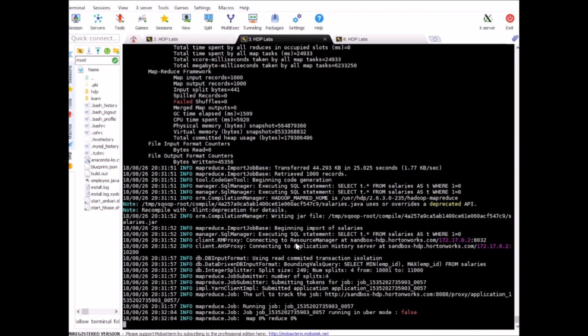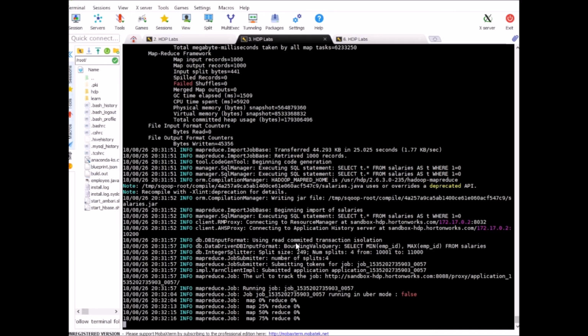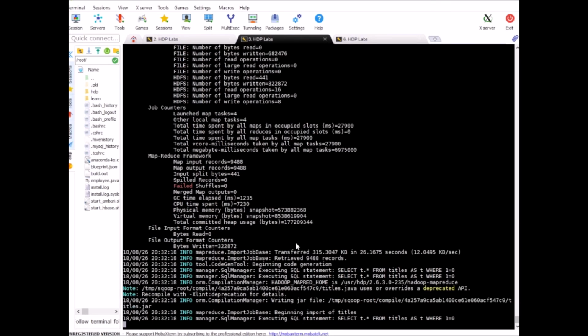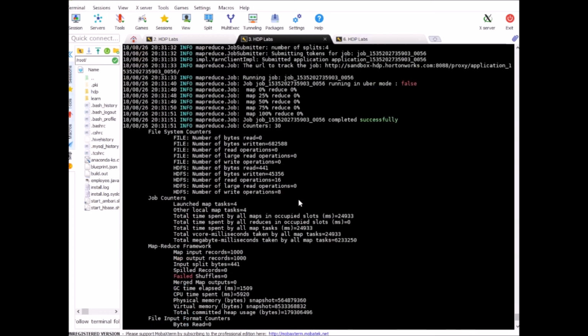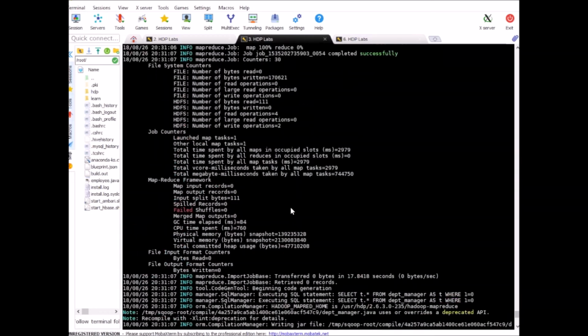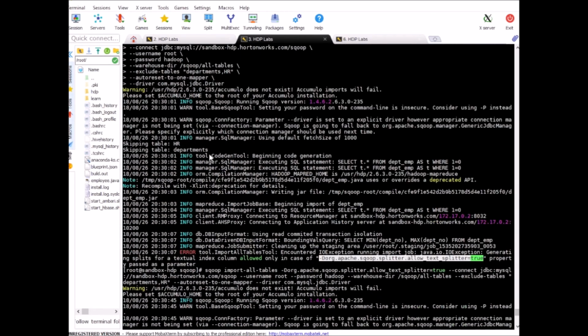So looks like it has already imported a couple of tables, and I think it should be finished anytime now. Let's scroll up while this is running, and I want to show you that it has skipped our departments and HR tables.